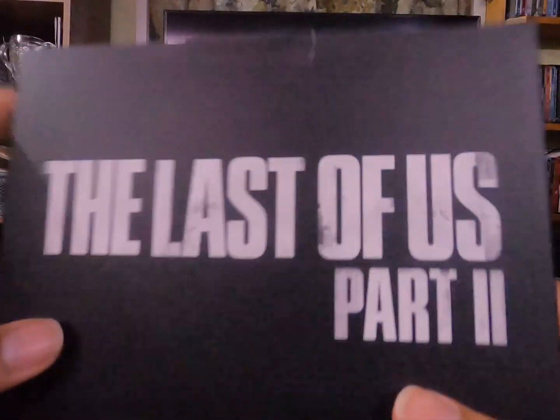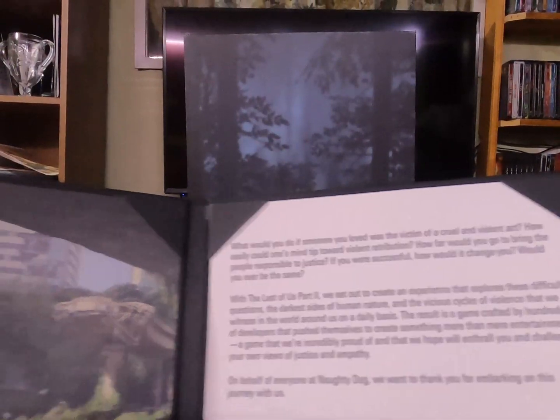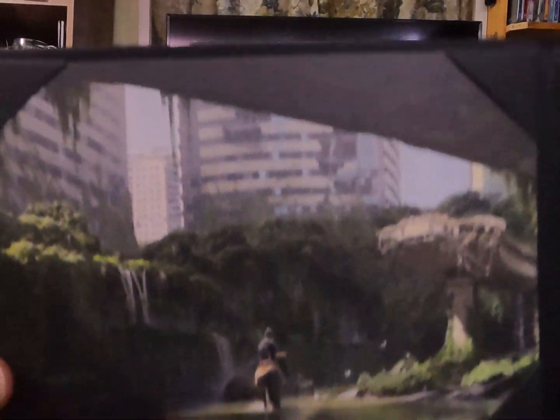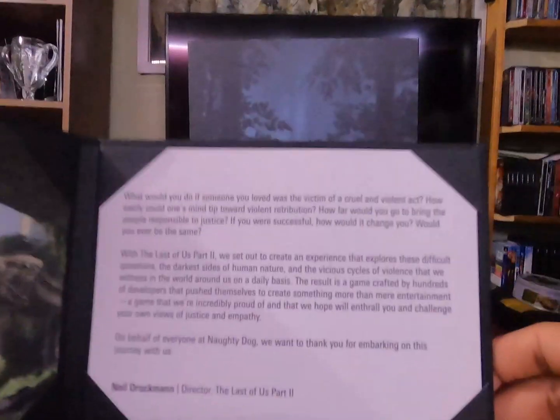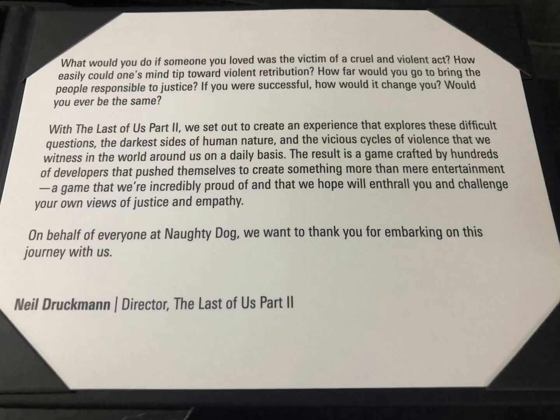And next up is the thank you note that the creators put in the collector's edition. Nice, neat little thing here. And right here on the left, we got a nice picture of Seattle and Ellie in the middle. And on the right side, we got the actual thank you note from the creators of the game. So I'll leave it up on the screen for everyone to read for themselves, but I'm also going to read